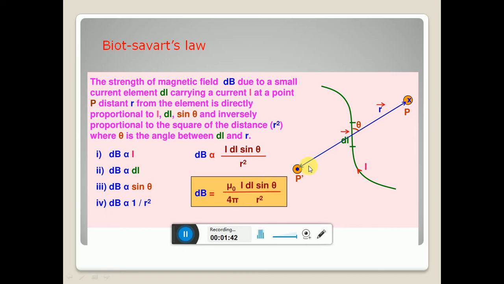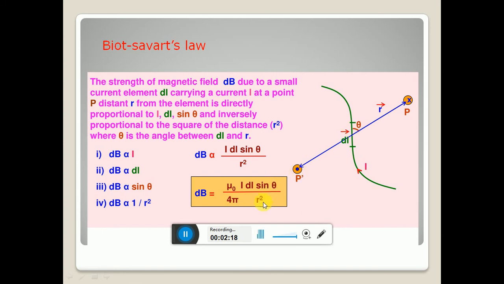of magnetic field. So the equation for magnetic field is given by dB is equal to mu naught by 4 pi into I dl sin theta by r square. Now here it should be expressed in a vector form to determine the direction of magnetic field. Here current is a scalar quantity and dl is the length element along which the current is flowing. So here we can consider this dl as a vector quantity because this dl carries the current in a specified direction. So we can treat this dl as a vector quantity.